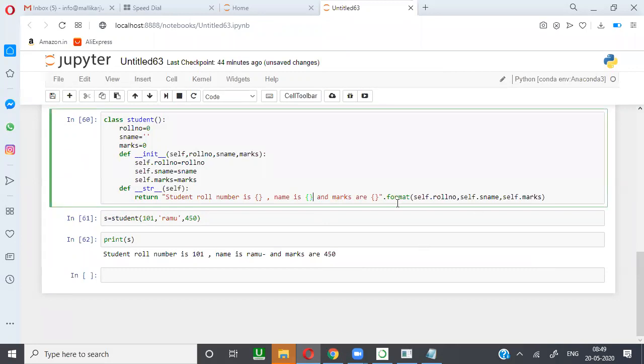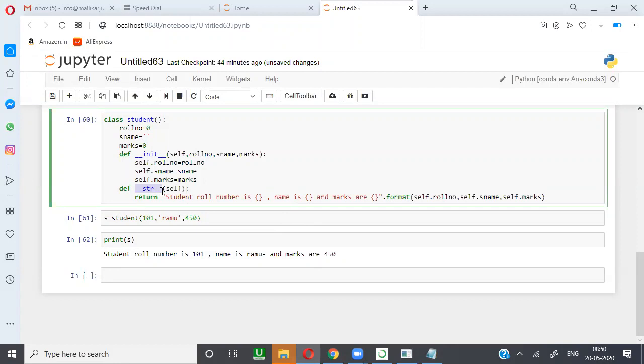And already in earlier classes we discussed the dot format method. So if you want to send the string in some particular format, you go with the dot format method. At the time of discussing print, we discussed this one. So this is a way of returning an object. If you want to return the object, then with the help of this one, we can return. And this type of method, we call it a special method, __str__. It is one type of special method. init is also one type of special method, and it is a constructor also.